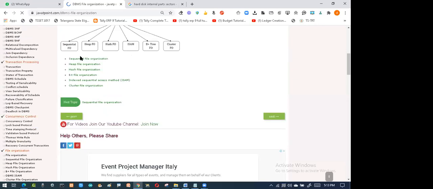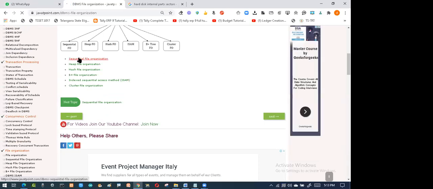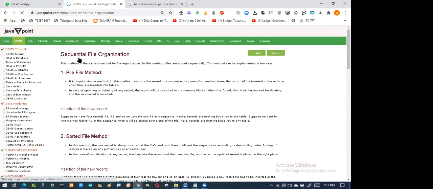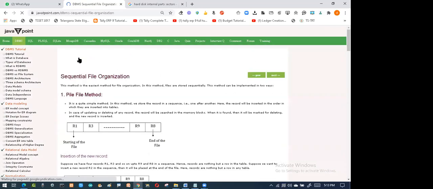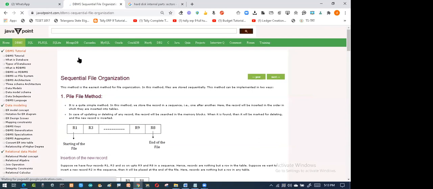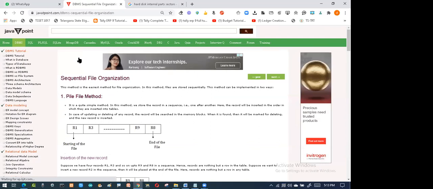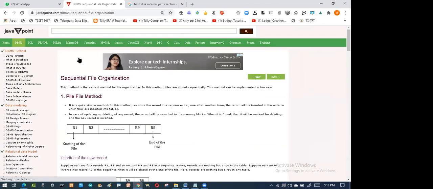Coming to the first one, sequential file organization. The name itself says sequential. If you remember, I have given 3 examples in the previous sessions. One is a function. If you go to any hotel, or if any occasion is there in your family, then naturally once the occasion has finished, we'll have a rush to the dinner. When we go for dinner or lunch, we search for the plates. Did I give you the example of this? If you remember that plates concept, how the plates got arranged.